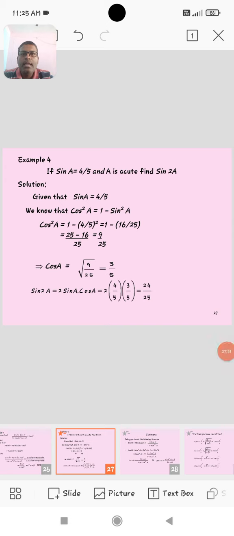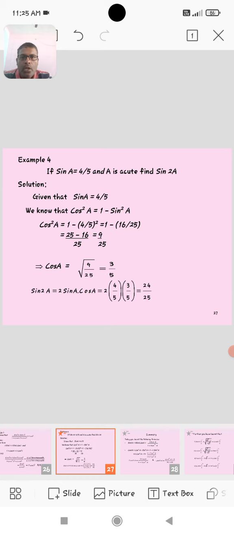If sin A is equal to 4 by 5 and A is acute, find sin 2A. Okay. A is acute. Sin A is given as 4 by 5, A is acute, find sin 2A. Given that sin A is 4 by 5, we know that cos square A is equal to 1 minus sin square